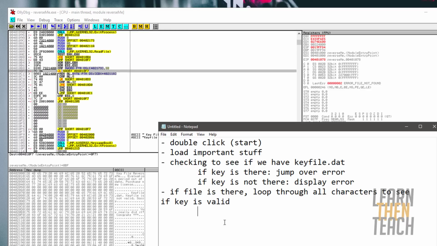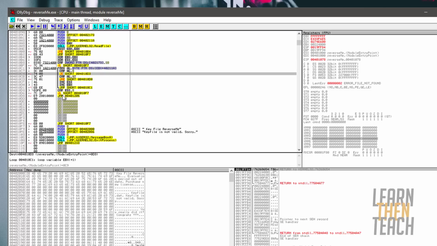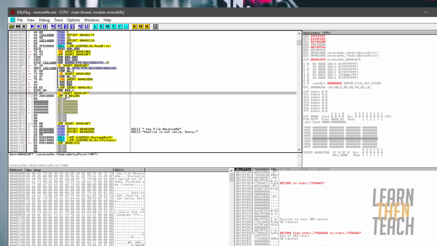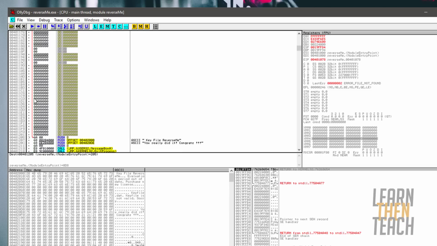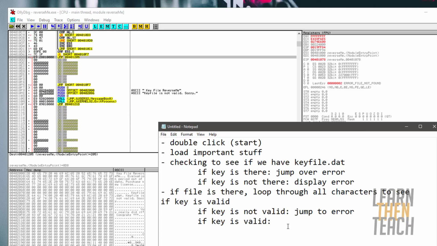So basically if key is not valid, jump to another error message, and if key is valid, that's going to jump down outside the loop. This is going to jump into the error, and then this jump right here is going to take us to the good message, right? You really did it, congrats. So that's pretty much the program structure. If key is valid, take us to good message,